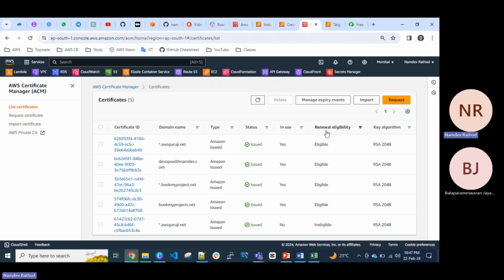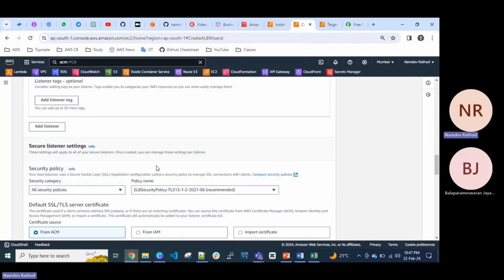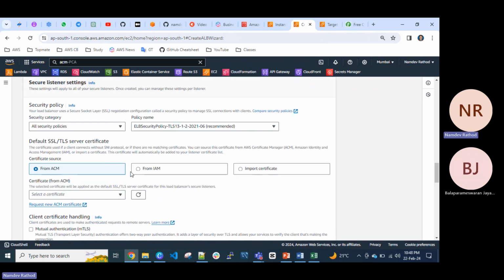AWS provides a free certificate per domain inside AWS, and you can use it only for AWS resources, not outside, with a third party. So within a Lambda function, CloudFront, you can use that within the network. I have used that for multiple domains here. Per domain, it will provide the free certificate, and when we create this HTTPS port, we need to give that